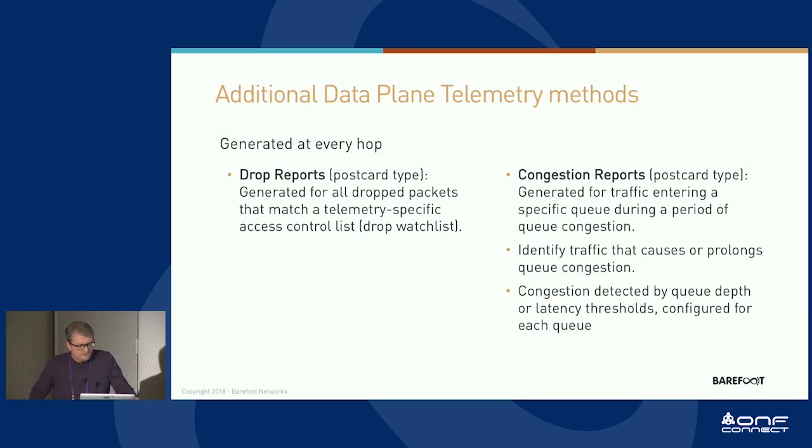As I said before, additional types of telemetry information we generate on top of INT and postcards for flow tracking are the drop reports and the congestion reports. These are extremely important, because if you want to track the performance characteristics of a network or find application issues, you need to correlate the flow information with what's happening on that specific device in terms of congestion and drops. Specifically with congestion reports, not only can we detect and report a congestion such as a microburst, but we can also tell